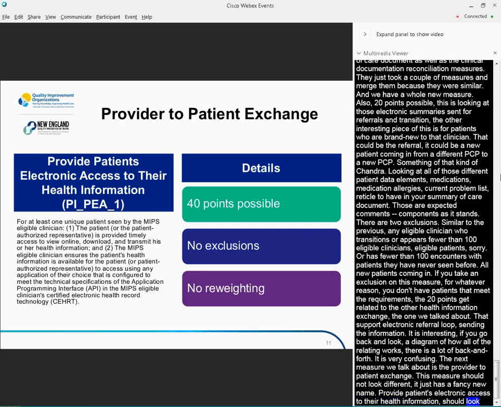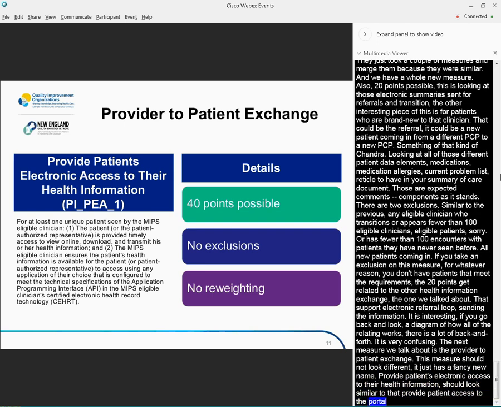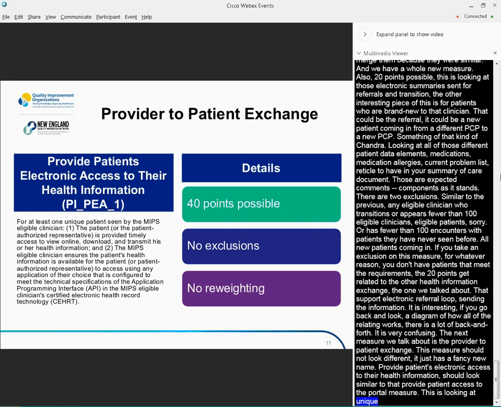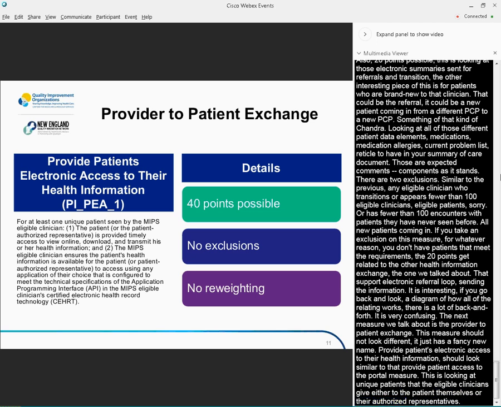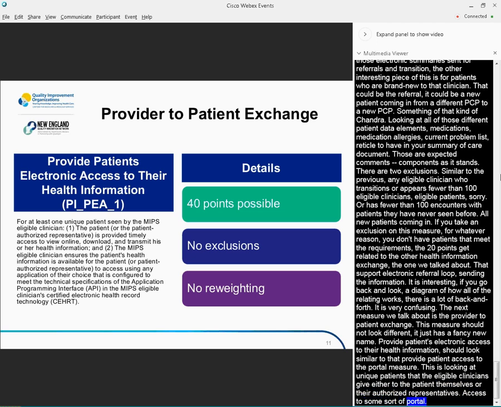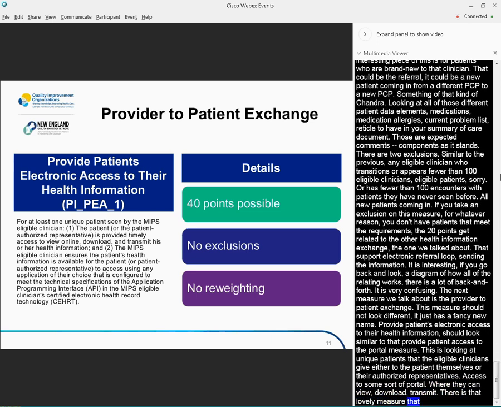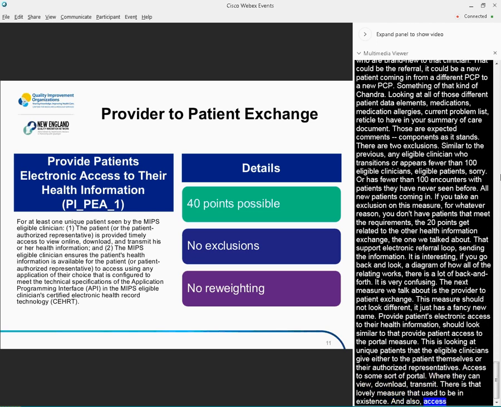This is looking at unique patients that the eligible clinician gives either to the patient themselves or to their authorized representative access to some sort of portal where they can view, download, transmit. Again, there's that lovely measure that used to be in existence, view, download, transmit, and also access to patient education materials, any sort of communication with the clinician, so